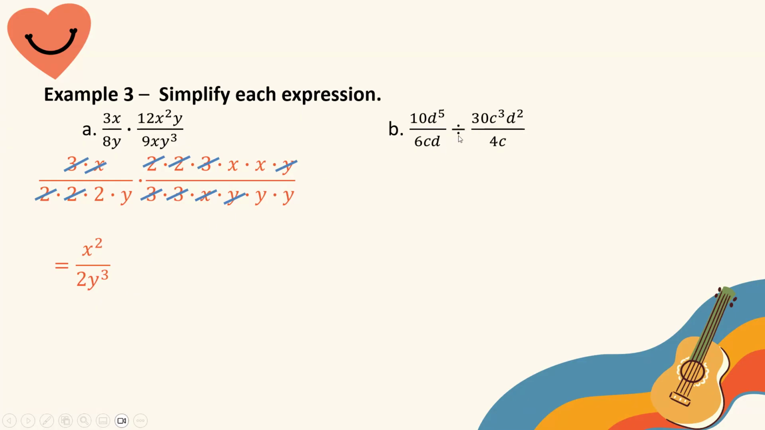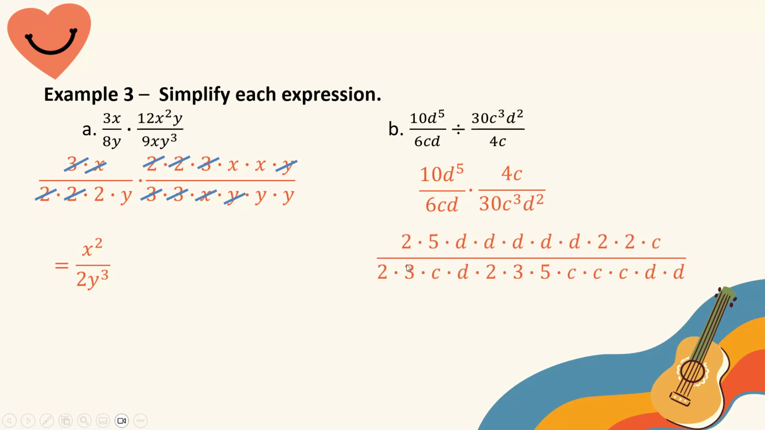For part B, to divide by a fraction, we multiply by the reciprocal, and then I will factor all the expressions. So 10, we break down into 2 times 5, expanding d to the 5th, and then for 4, we write 2 times 2, and then we had 6, break that up into 2 times 3. For 30, that's 6 times 5, you break down the 6 into 2 times 3,